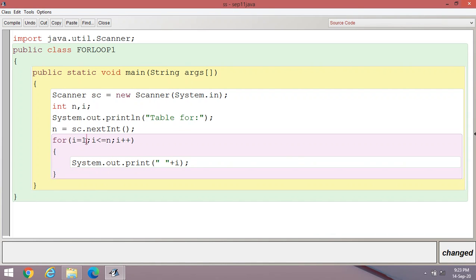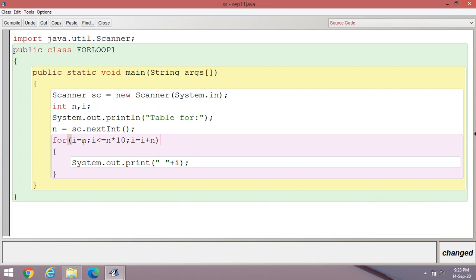For i is equal to n, then i less than or equal to n multiplied by 10, and i is equal to i plus n. Now, what is the meaning of this? Suppose I am entering 7. It means the loop should execute from 7 to 70.